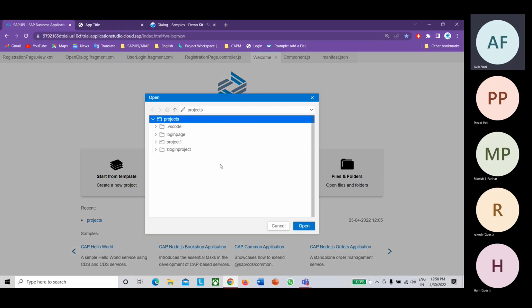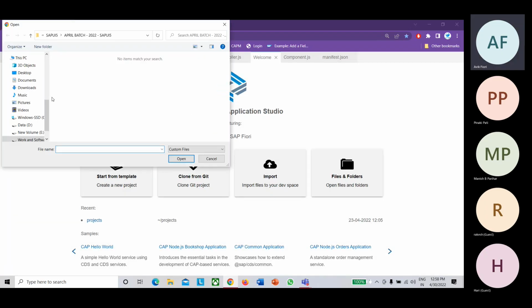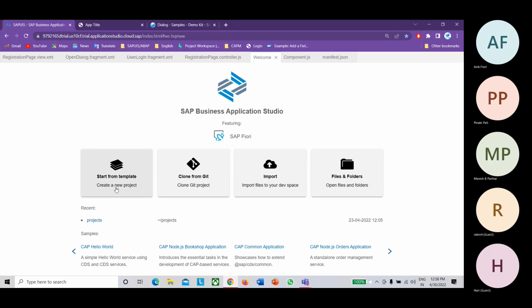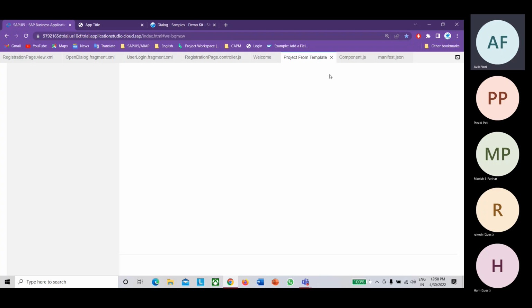Whatever you want to do, you can do it directly from here. You can directly select that file and import.